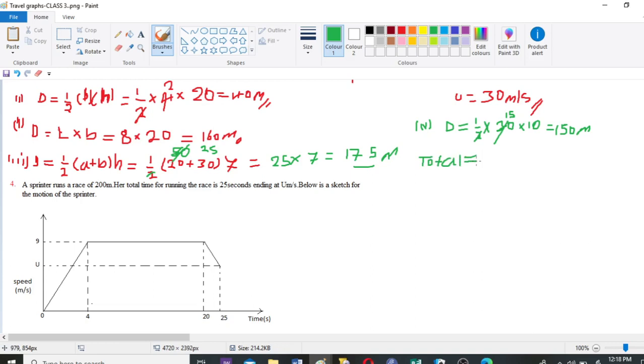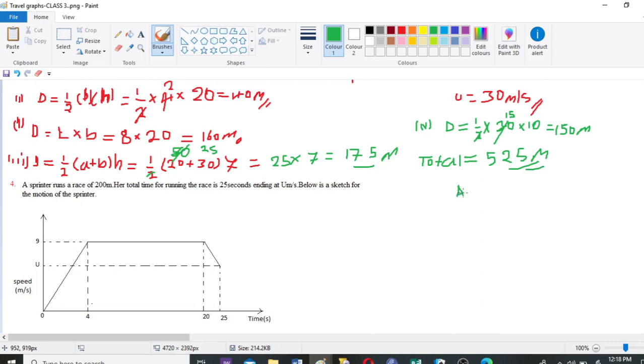So you have 40 plus 160, then plus 175, isn't it? Then plus 150, isn't it? So you get 525. So 525 is your total distance that the car covered. So to find the average speed, so you have your